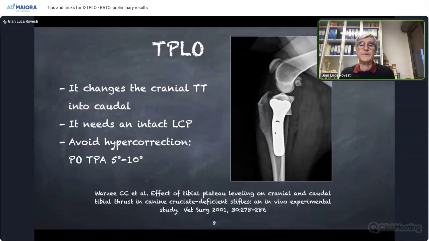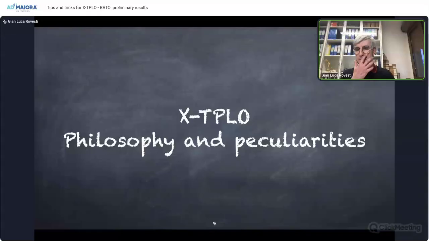So this is just a little piece of thought about the biomechanics of TPLO, but we should be aware of this in order to avoid hyperloading the caudal cruciate. Talking specifically about X-TPLO,